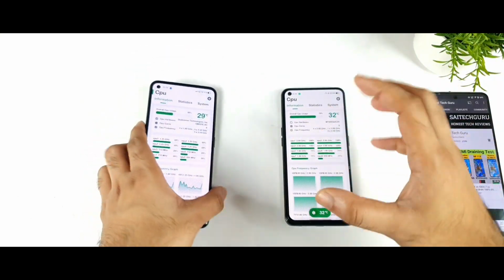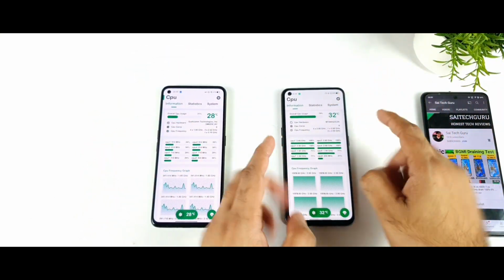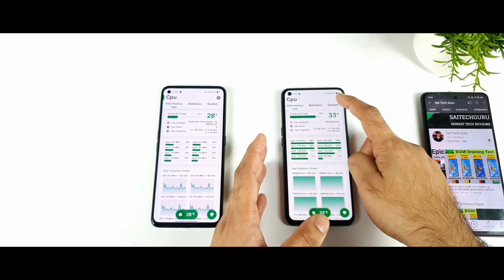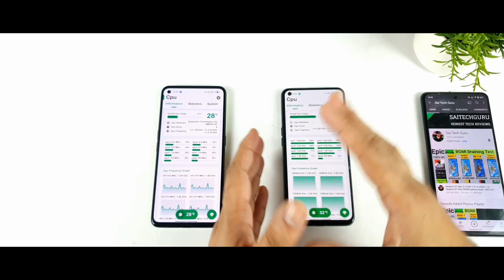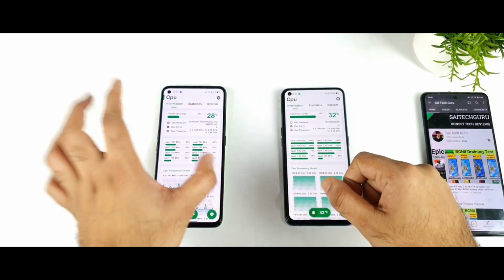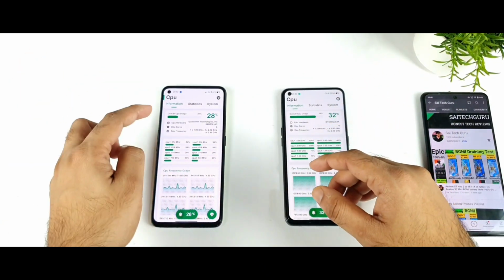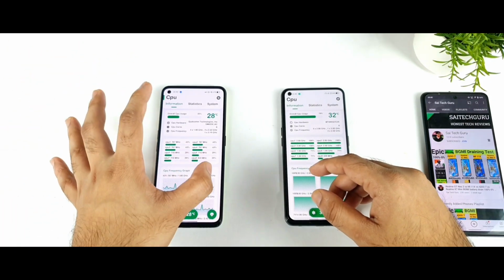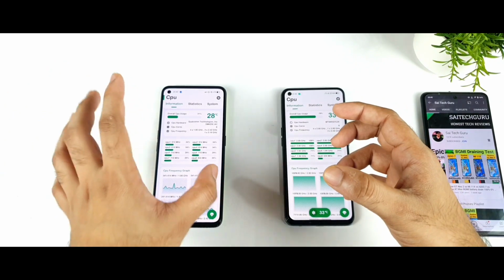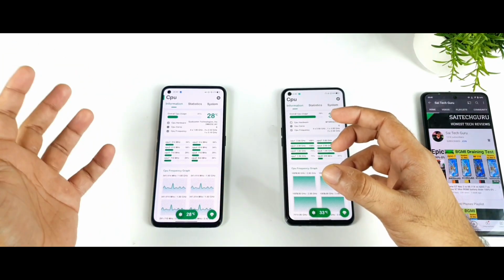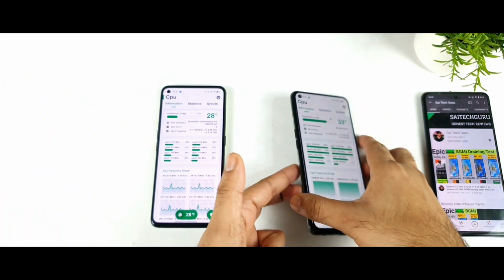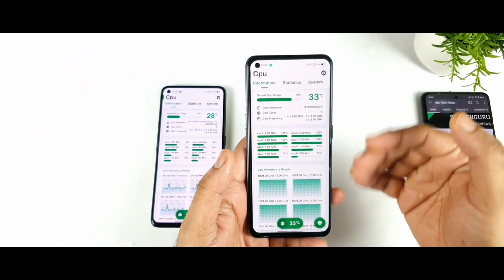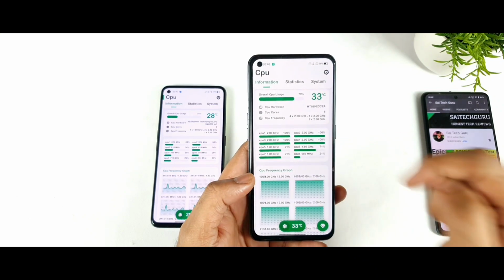For example, if you open the Battlegrounds Mobile game without high performance mode on this phone, it takes 23 seconds, and using high performance mode, it takes 18 seconds, a difference of 5 seconds. On the GT Neo 2, it takes 23 seconds, for example, and using GT mode it takes 21 seconds, only a 2 second difference. The gap is very small with and without GT mode. But on the Realme X1 Max, high performance mode improves and boosts the performance levels a lot.